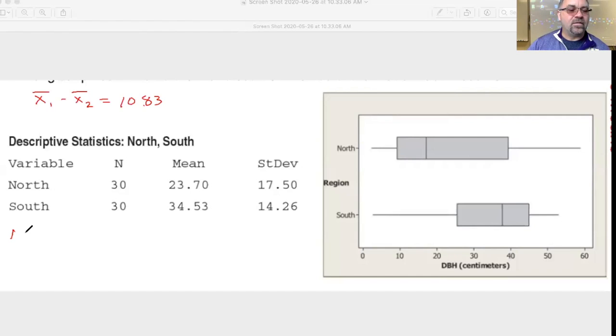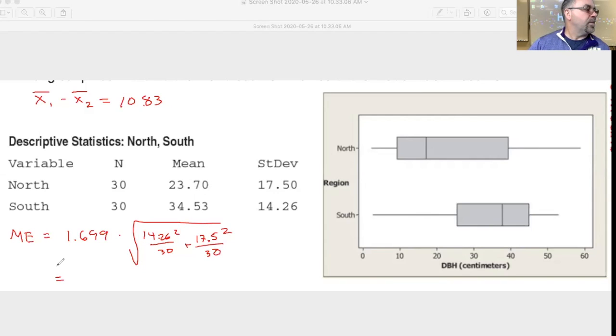Margin of error. Well, now we know will be 1.699 times the square root of 14.26 squared over 30 plus 17.5 squared over 30. And that should give us a margin of error of 7.00. So finally, our 90% interval